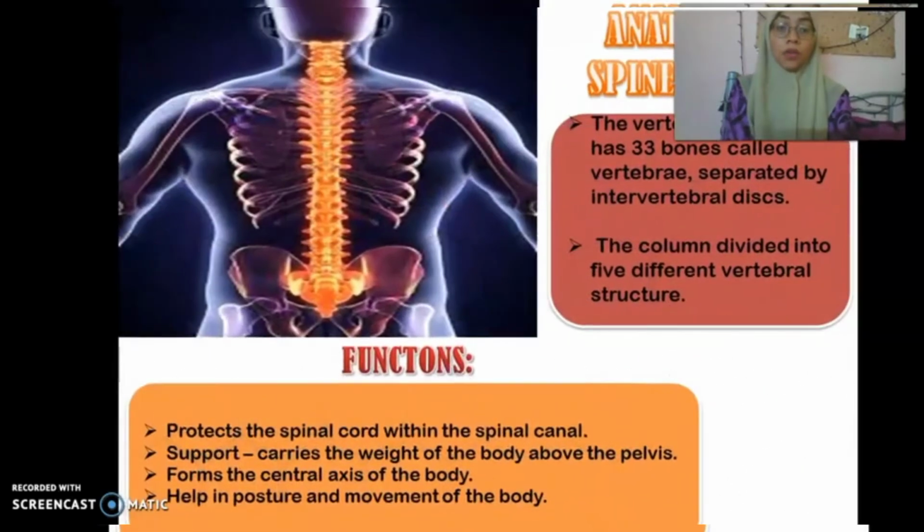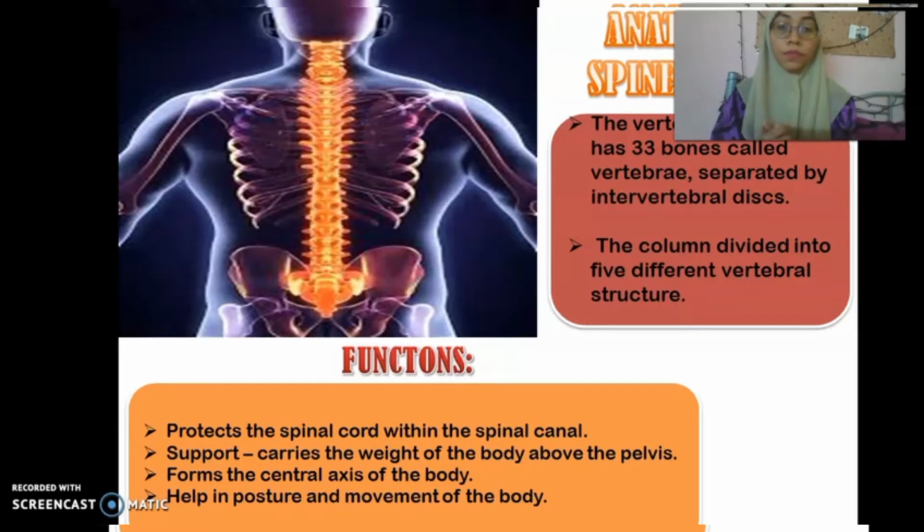Now I will present my part, which is the anatomy of spine injuries. The spine is the vertebral column that has 33 bones called vertebrae, and they are separated by the intervertebral disc. The column is divided into 5 different vertebral structures, which are the cervical vertebra, thoracic vertebra, lumbar vertebra,